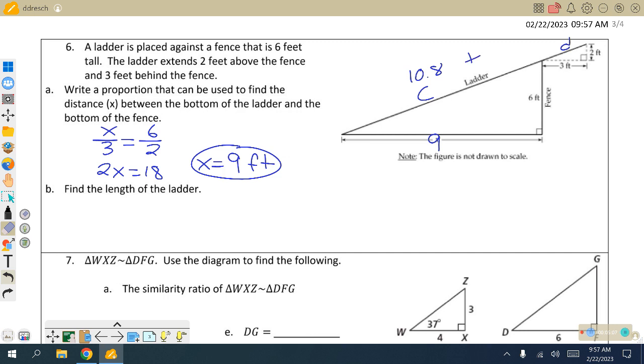And we're going to add that to what? 2 plus 3. So 2 squared is 4. 3 squared is 9. Square root of 13 into my calculator, I get 3.6. And what's 10.8 plus 3.6? So I got about 14.4